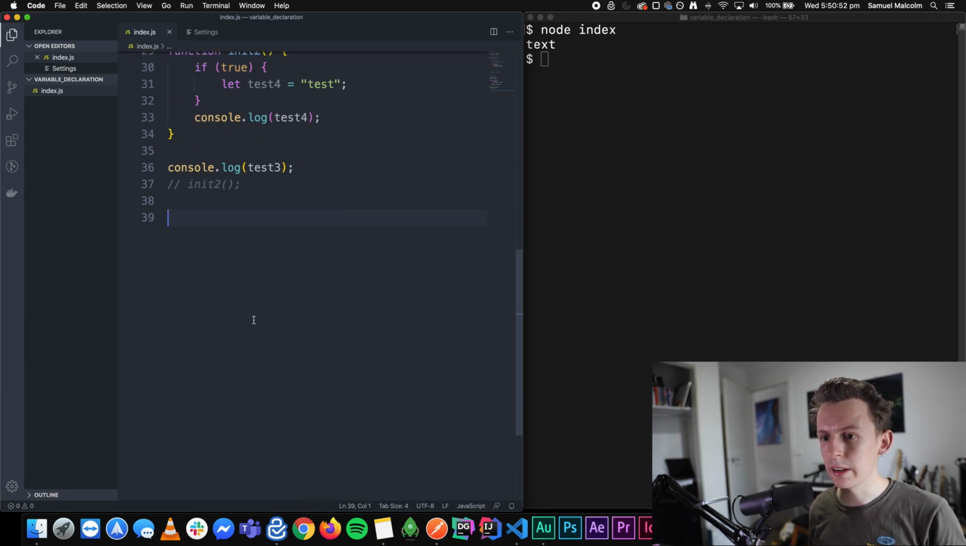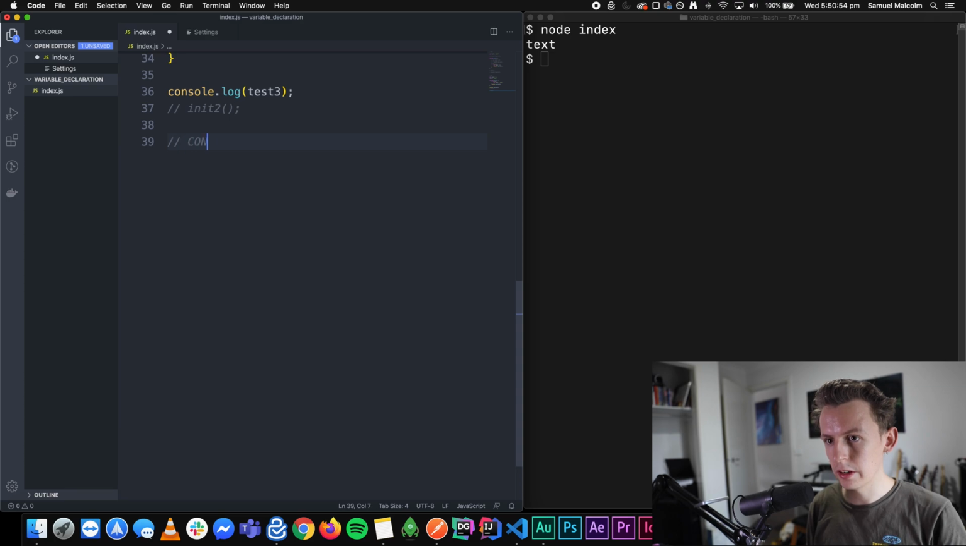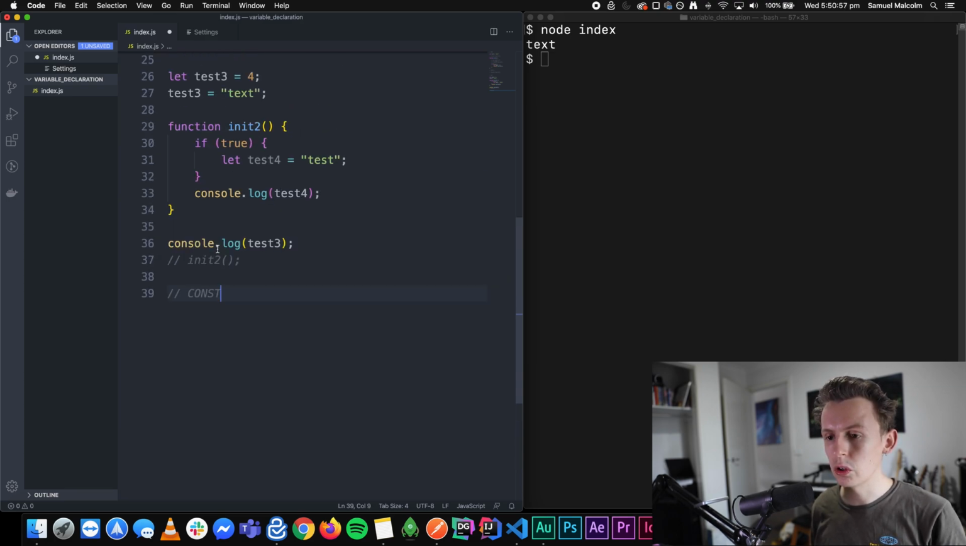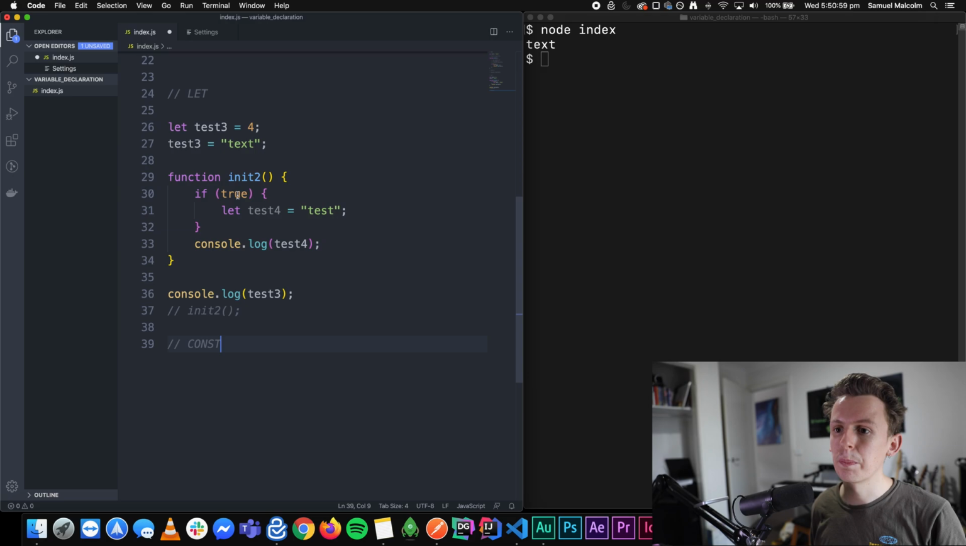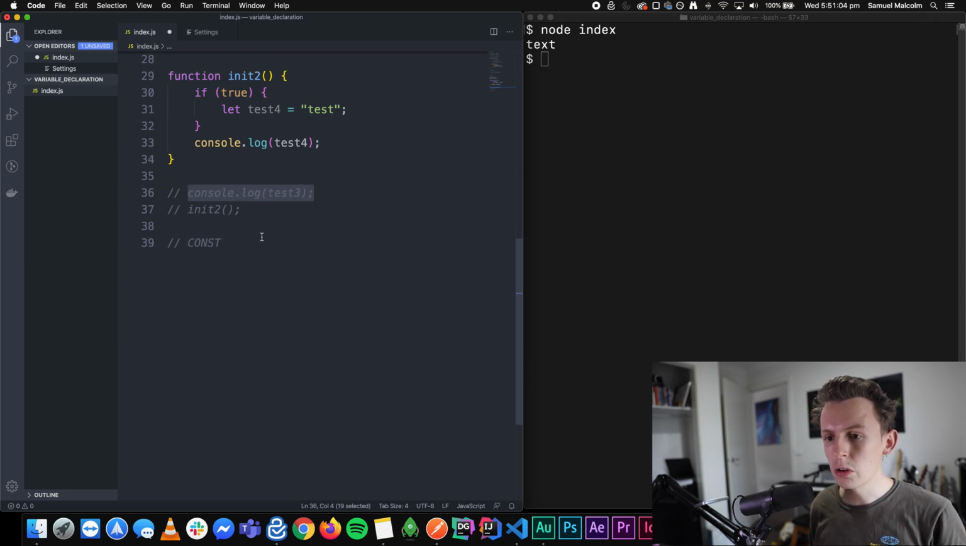So the third one that we have is const. Let's just go here and write const, which is short for constant. So const is short for constant because basically the value of it cannot be updated after it's been declared. So it's declared just like this, const test5 equals, we'll make it 6, why not? So if I was to take this constant variable and try to update the value of it to be 7,